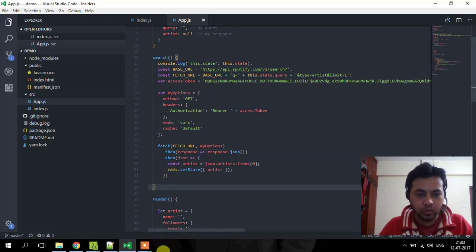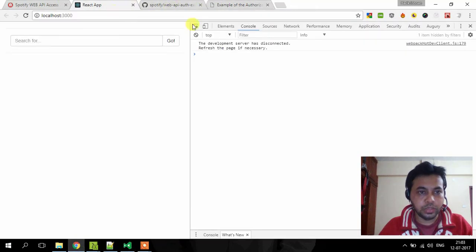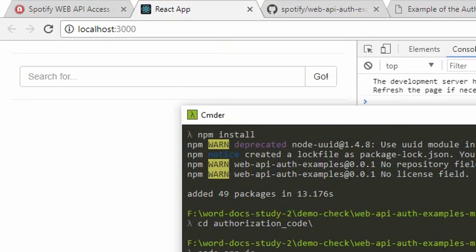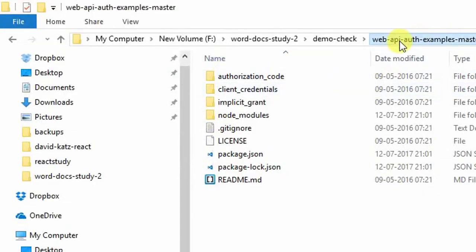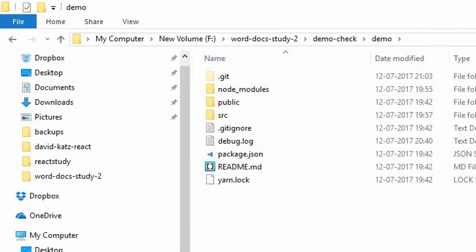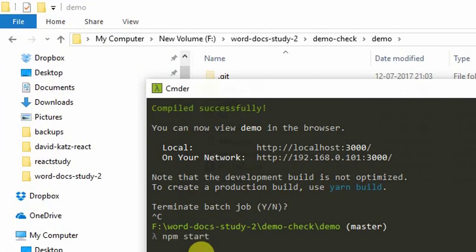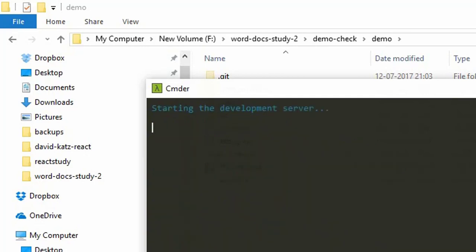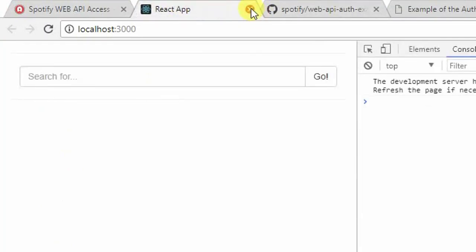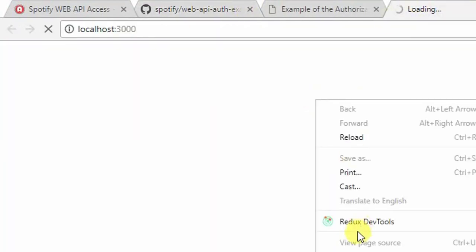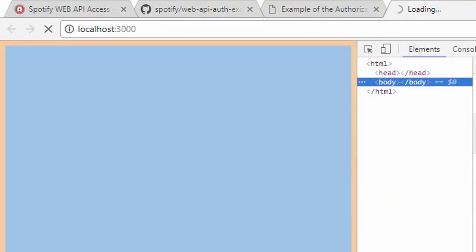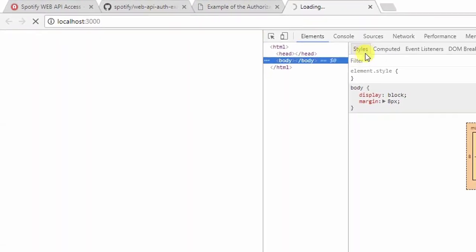Now head back. We start the application. And once it's started,